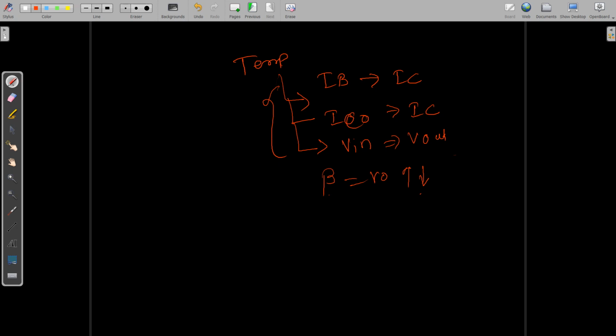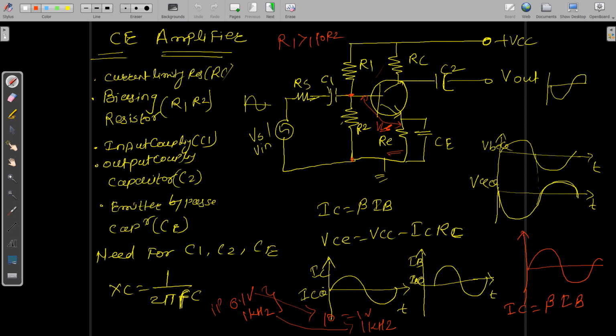So we want stability for the transistor, so that whatever changes occur at the input side because of temperature, your output shouldn't vary, and that stability is going to be provided by this stabilization resistor. Therefore it is called a stabilization resistor. How? Let us assume that you don't have this RE, then the emitter terminal is connected to the ground, right?